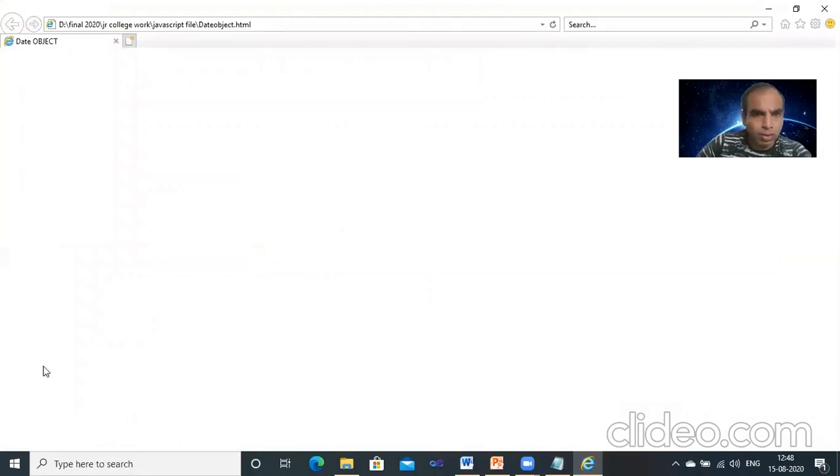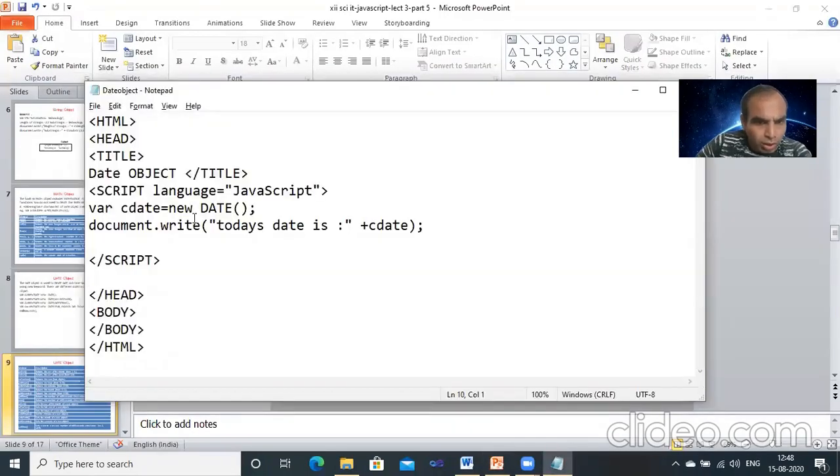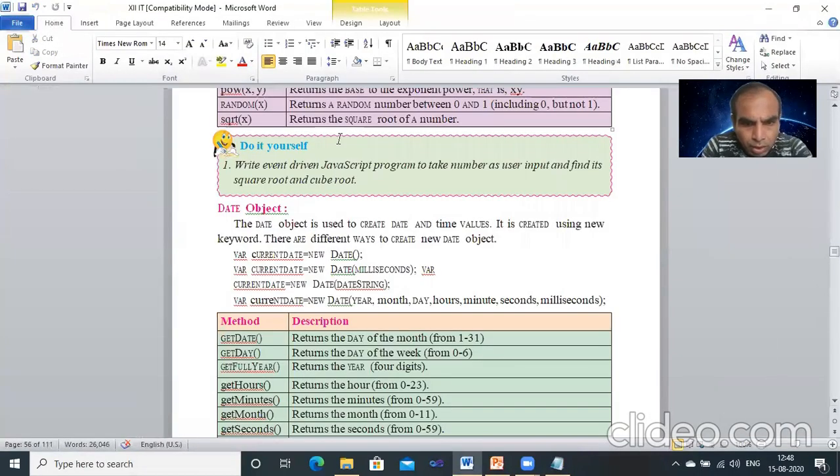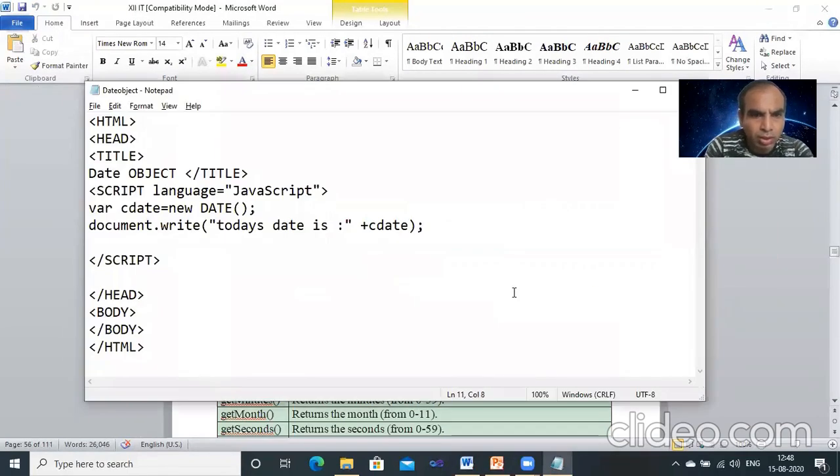Not allowed. If something about the object is wrong, script language, date. They are given in your book also. Date, new Date, in milliseconds, date string, new Date, year, month, day, however you want, that we can write over there. Suppose if needed we can write here year, month and day.